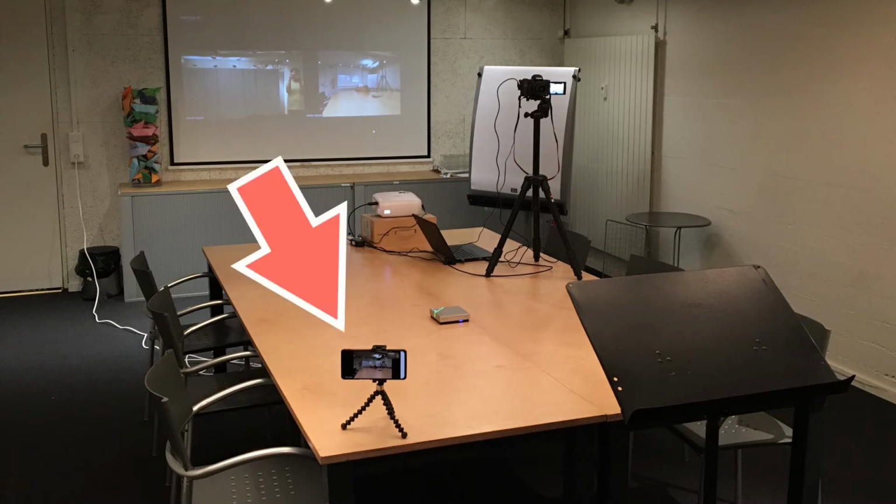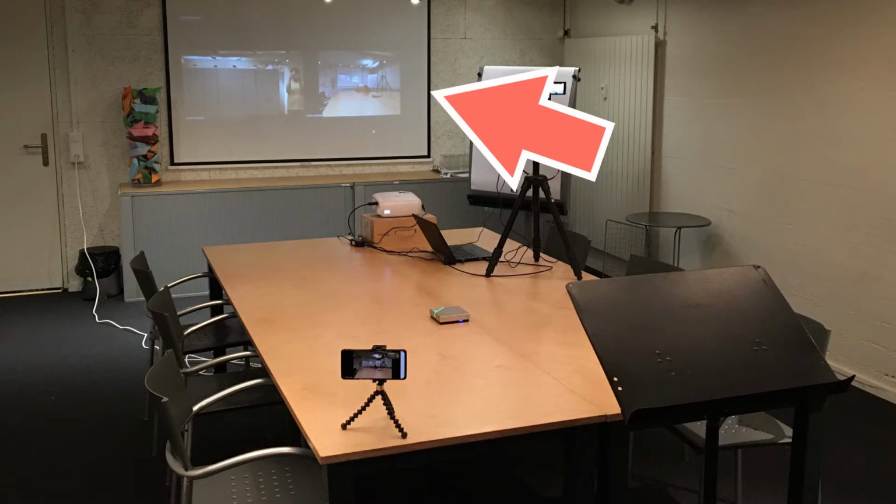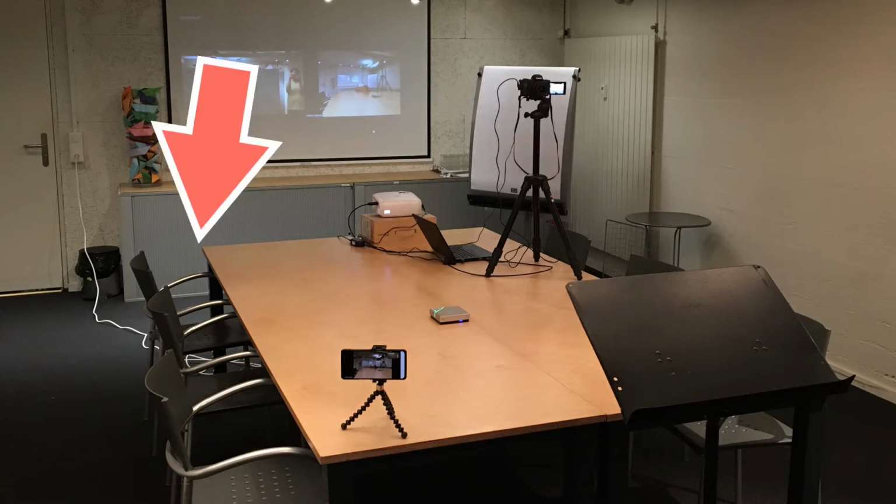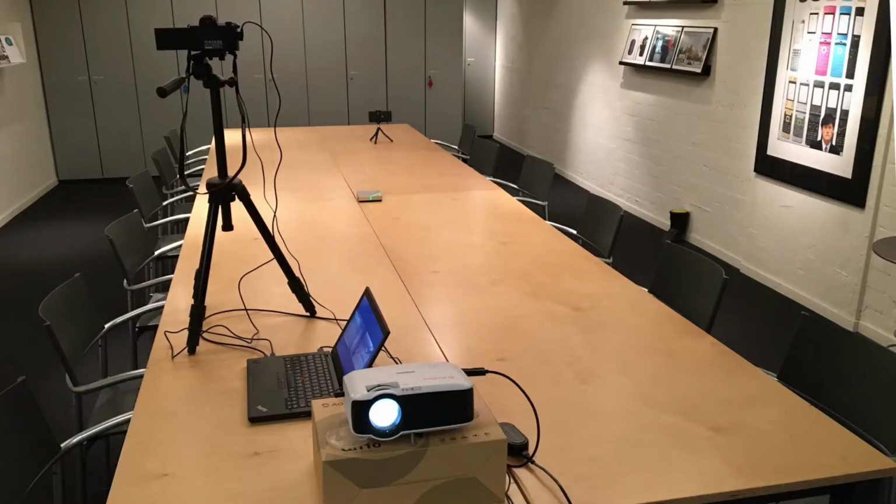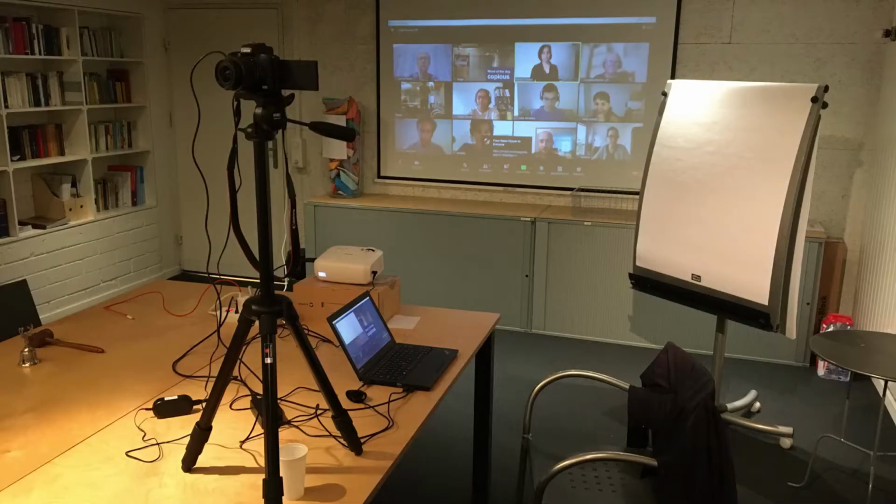Have a second camera in the room to make sure that your virtual participants can see all the in-room participants. You can run this kind of hybrid meeting with just one camera pointed at the speaker. But if you want to include everyone, it's important that the people participating on Zoom can see the people participating